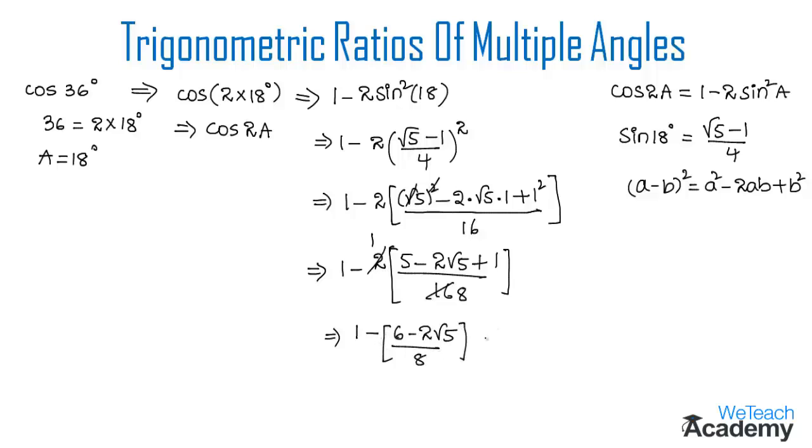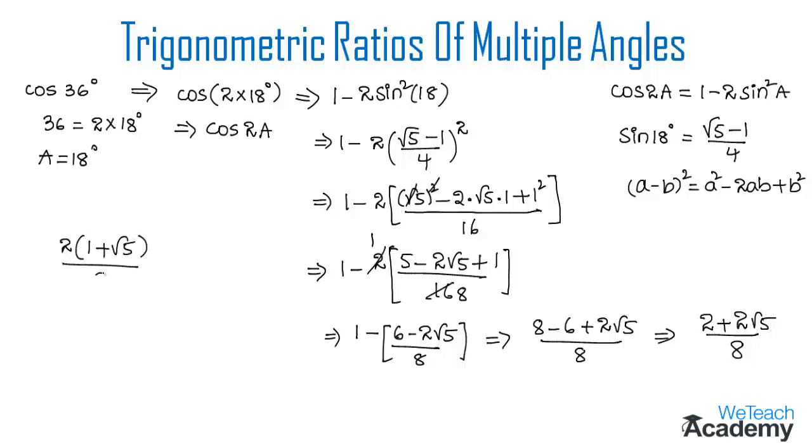And then by taking LCM, we get (8 minus 6, minus into minus, which becomes plus 2 root 5) divided by 8. So that implies we get (2 plus 2 root 5) divided by 8. And then taking 2 as the common factor, we get 2 into (1 plus root 5) divided by 8. And here by simplifying, 2 1 time is 2 and 2 4 times is 8. So that implies we get (1 plus root 5) by 4, which is nothing but the value of cos